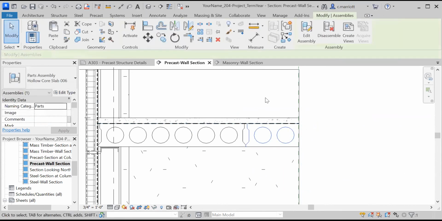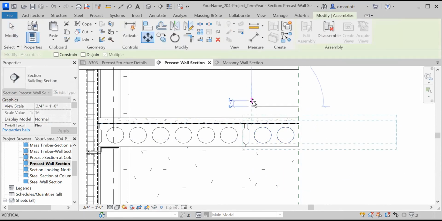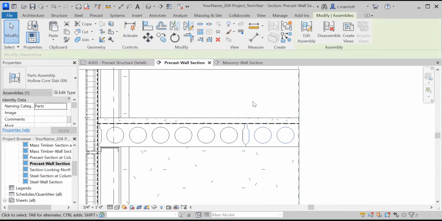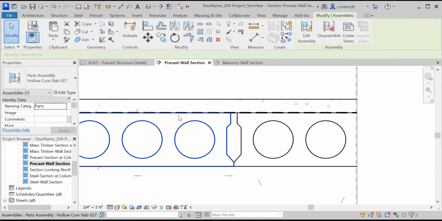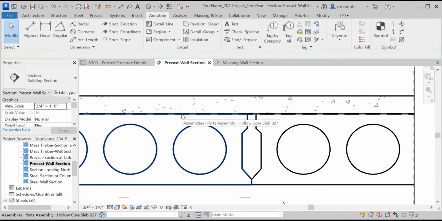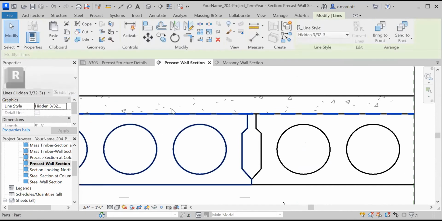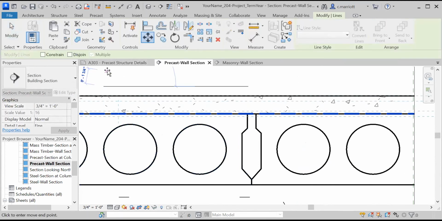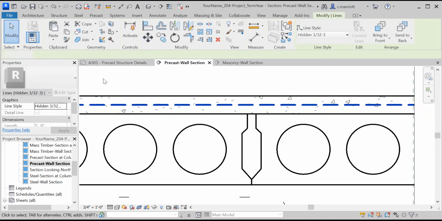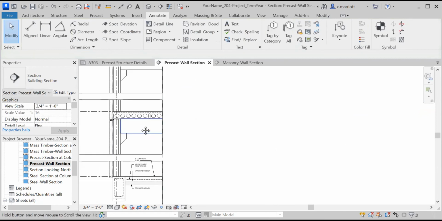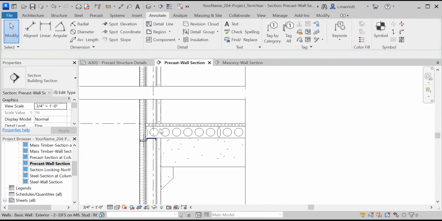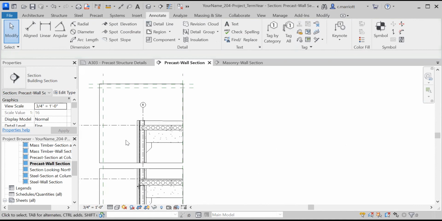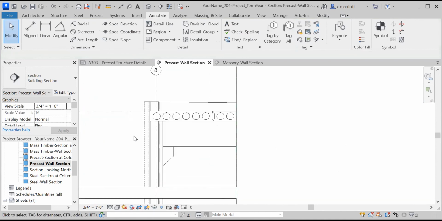Now I'll move that line up 1 inch. Okay, and we'll take care of our joint at the floor level. And the last part of this will be to